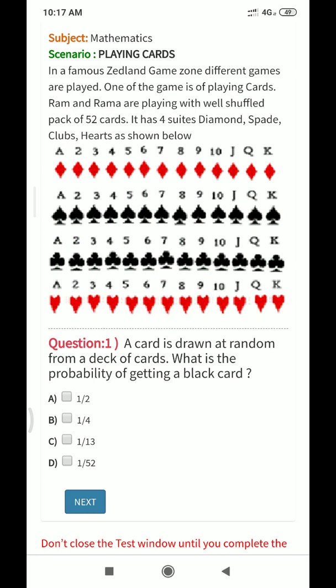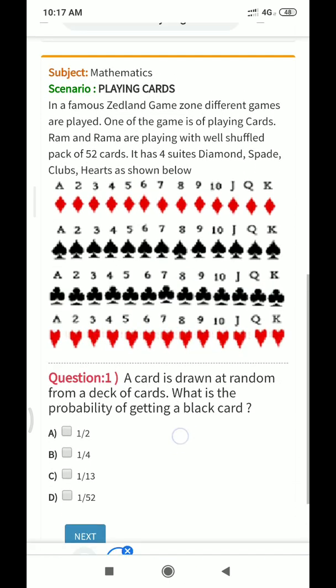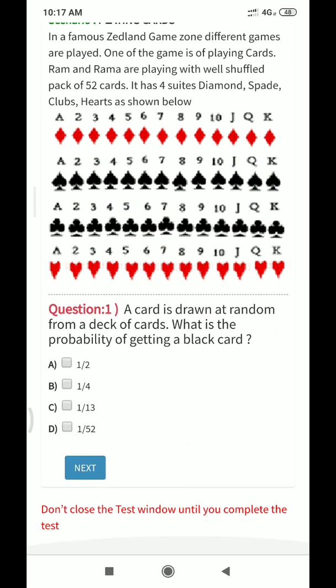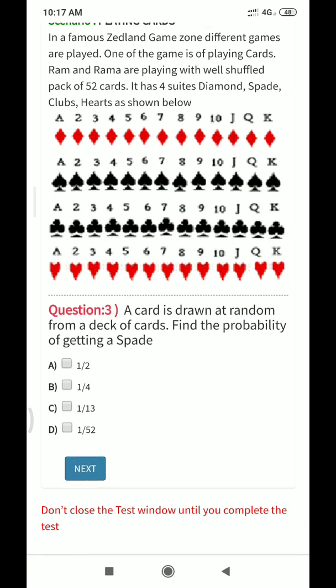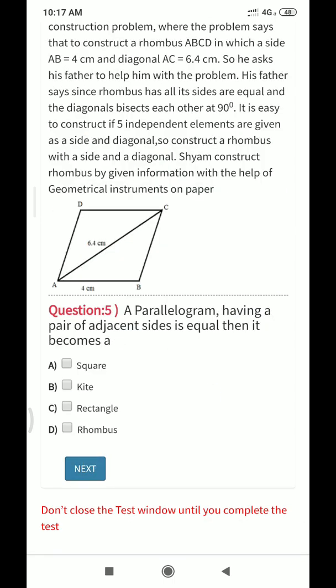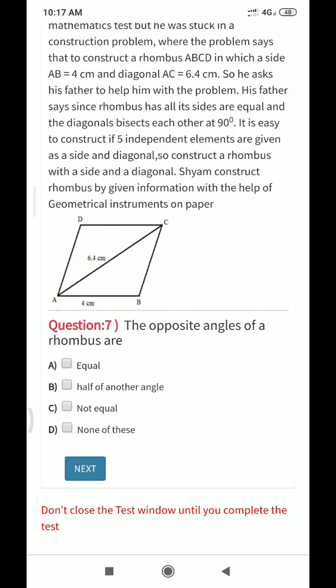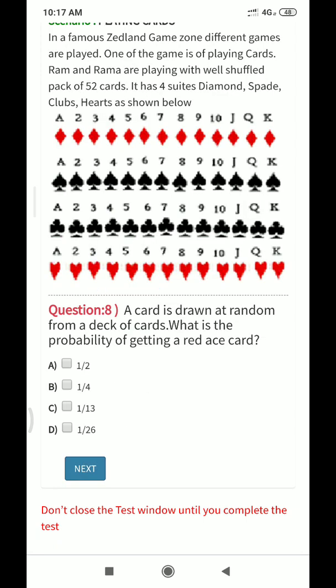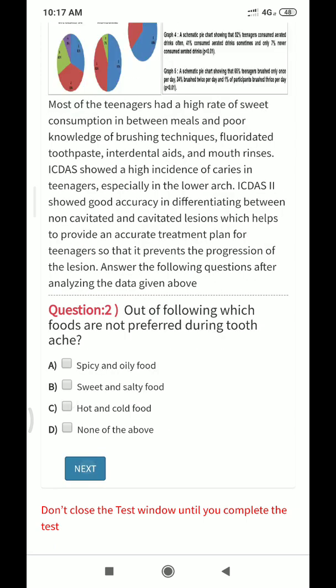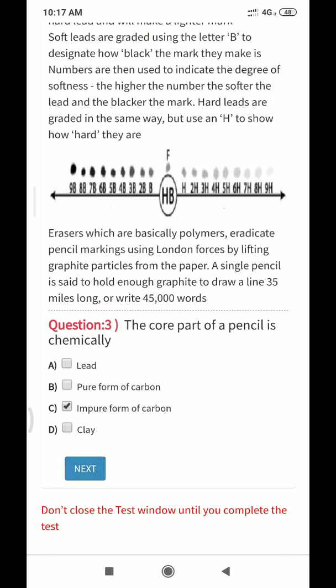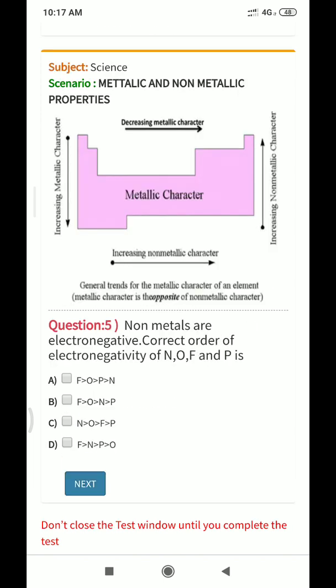And here a maths exam came. You can read the maths question, and the maths paragraph they gave above. This is the paragraph given, and below that some questions are there. You can select any one answer after solving the problem on paper, and press on the next button. Like this you have to answer every question after reading it and solving the problem on rough paper, and later press next. Like this you can solve every question.